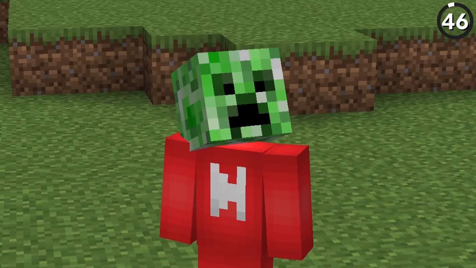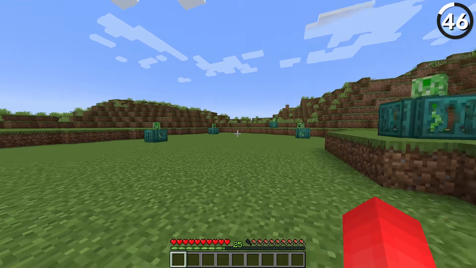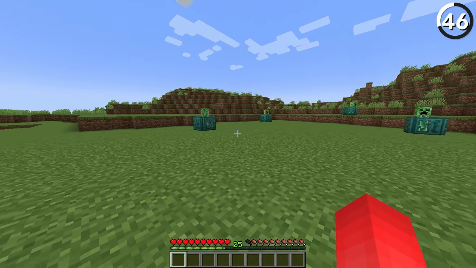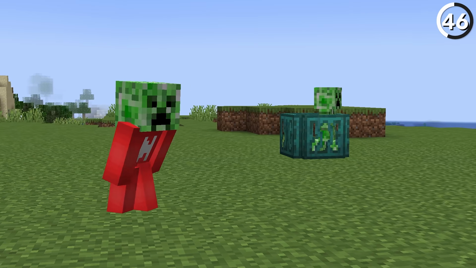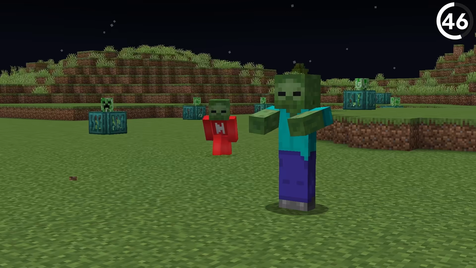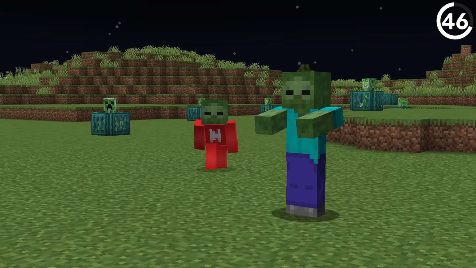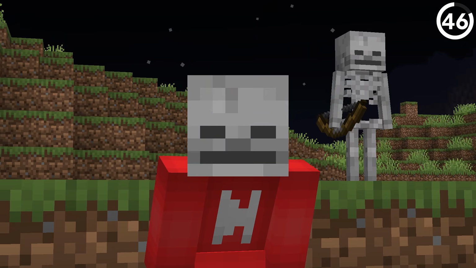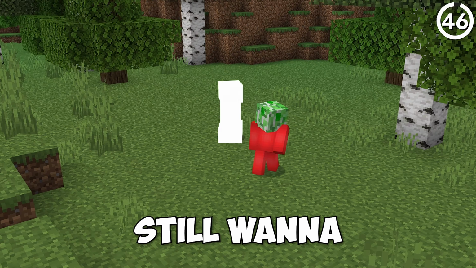If you were to wear a creeper head in Java Edition, then the detection range of a creeper that you stand next to gets cut in half, meaning it doesn't recognize that you're a threat until you get much closer. And the same goes if you're wearing a zombie head next to a zombie and a skeleton skull next to a skeleton. But in Bedrock, you'll still want to keep your distance.